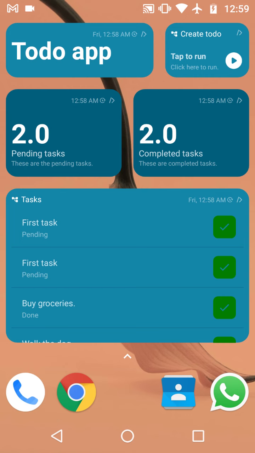And instead of, for example, these pending tasks or completed tasks, you could have number of registered users. You could track how much is the revenue last day, how many subscriptions sold. All of those things are possible. We have even graph widgets, we have image widget, text widgets. All of those things are available and the possibilities are enormous.